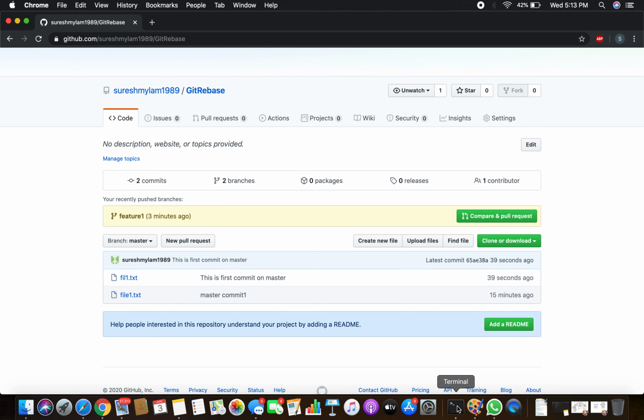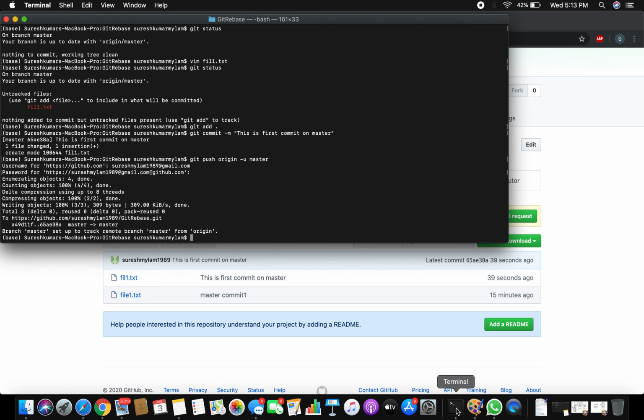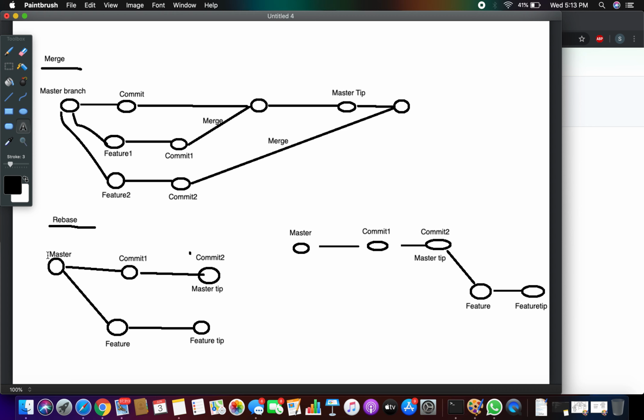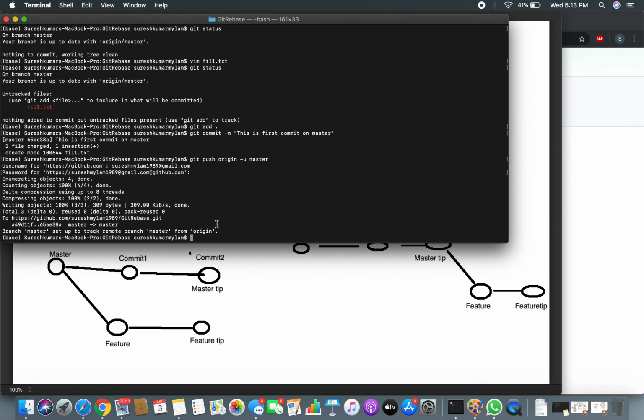I'm going to make one more commit here. I'm going to edit this file1.txt. What we are trying so far is to have two branches, have 3 commits on the master branch, and 2 commits on the feature branch, and then I'll explain the rebase concept. So far, whatever we are seeing on this picture, I'm going to reproduce the same thing practically. I'm going to make one more commit, vim